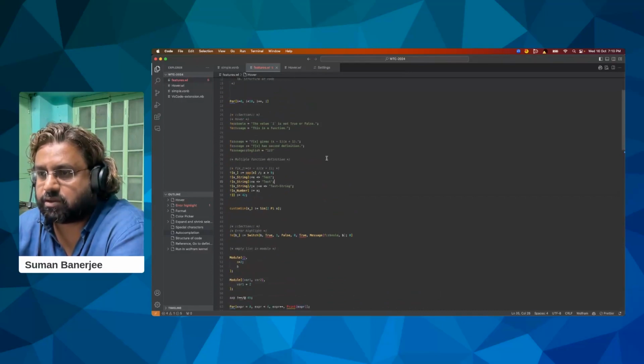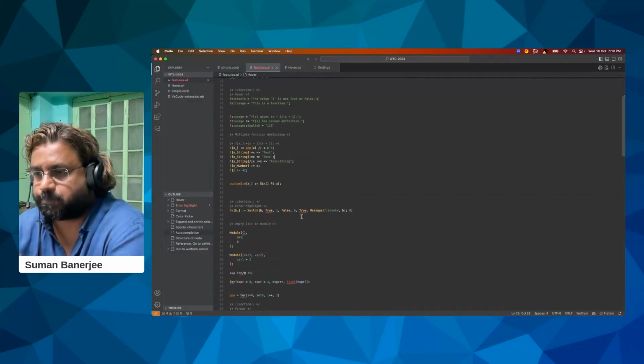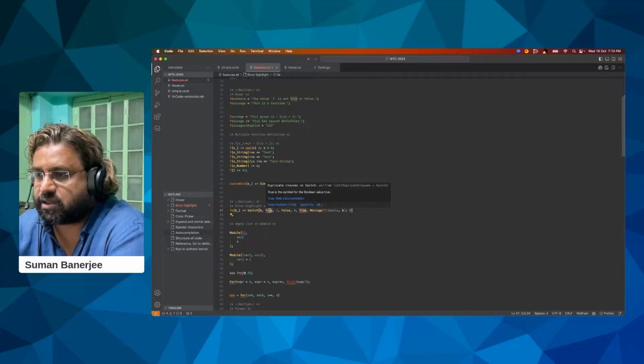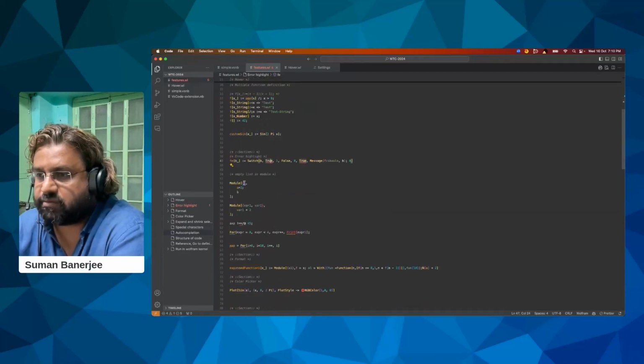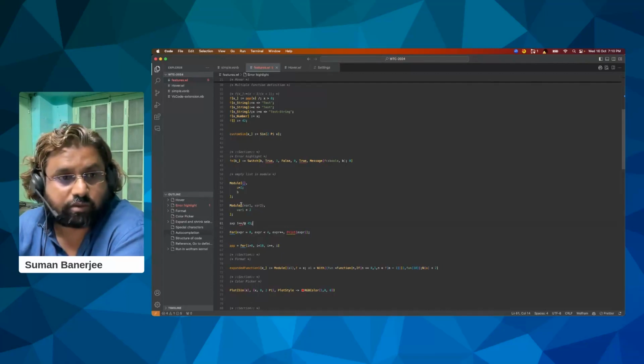Error highlights are available in a switch statement. Let's say an error: this is duplicate clauses in the switch, so this will show you. Similarly, empty variable in modules. If a variable in a module is not used, it will be